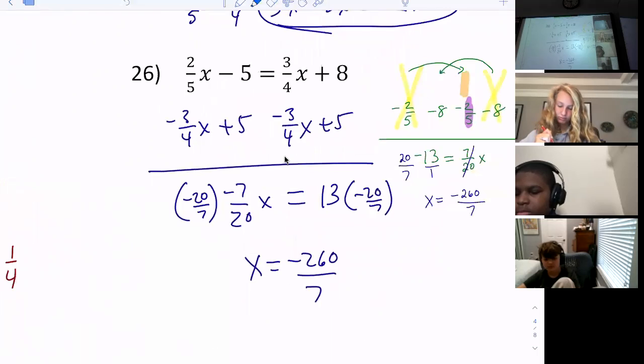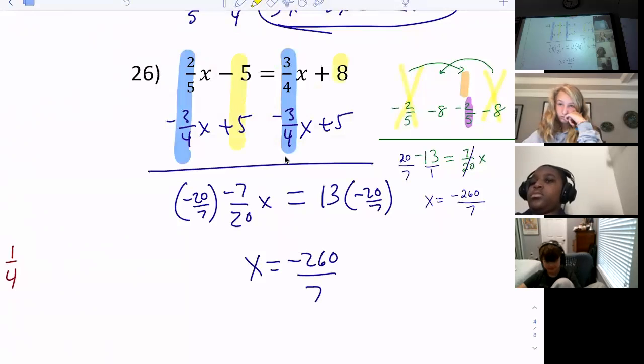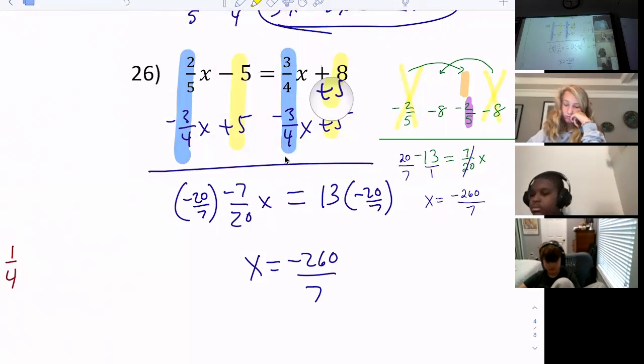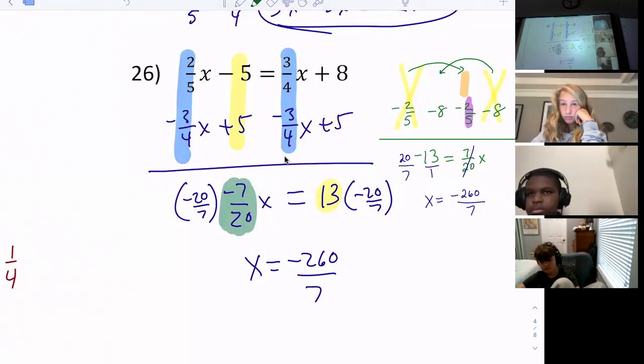Now, on this piece right here, I subtracted 3/4 from both sides, and then we added 5 to both sides. What about the 2? Okay, and then when I add the 8 and the 5, I get the 13. The problem most kids have is, of course, they struggle with fractions, and they're not sure how we got the -7/20. The -7/20 is a result of doing 2/5 minus 3/4, creating